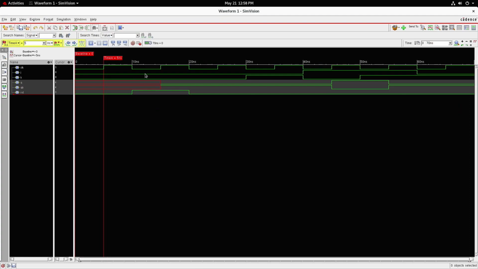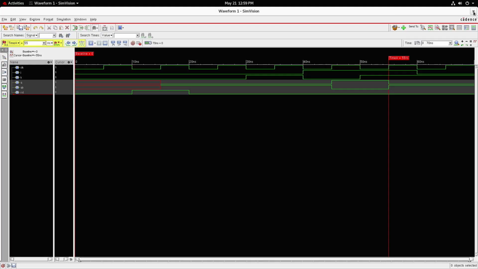Reset is high here. Then on the positive edge of the clock, Q is 0, Q bar is 1. On the next positive edge, reset is made low. Therefore, based on the values of J and K, the output is going to be decided. JK is 0,0 means it's going to continue with the same output. JK 0,1 means it is going to be reset. JK 1,0 means it is set state. JK 1,1 is going to be the toggling state. That is, the functionality is verified.